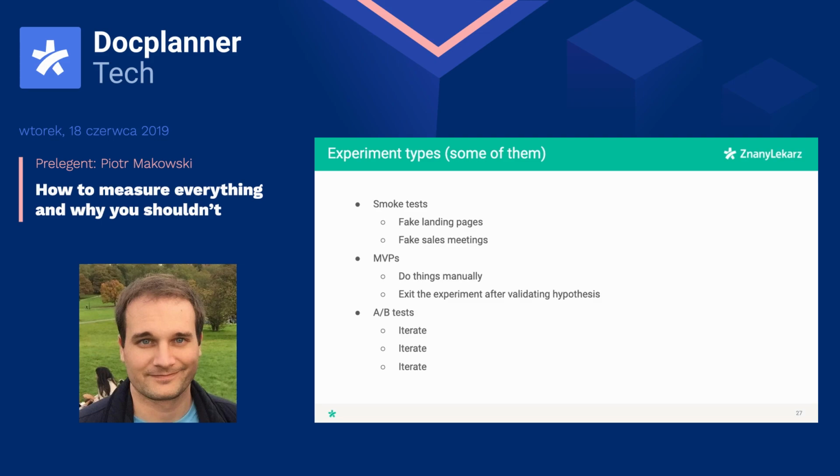MVPs as an experiment. So usually MVPs are thought of in terms of new companies that are just starting. But as a big company, you create features, and you can also create MVPs of features. And usually you do things manually. So for example, recently we were trying to assess if a chat for patients would be a good idea. So we launched a simple chat tool on our listing page, and there was a pop-up with a question, hey, would you like some help finding the doctor? And of course, we didn't invest in developing the real chatbot with the suggestions and recommendations engine and everything like that. We just sat and we answered manually the